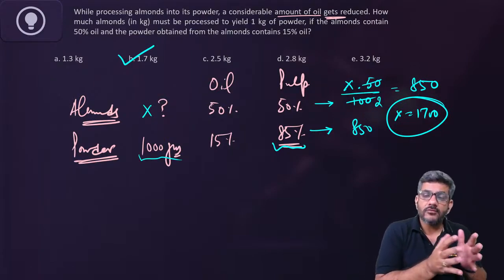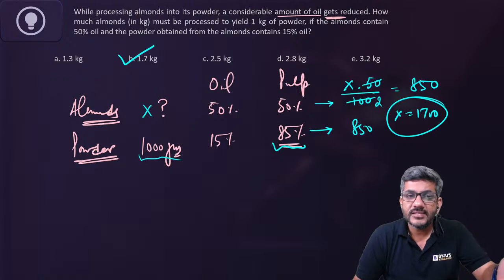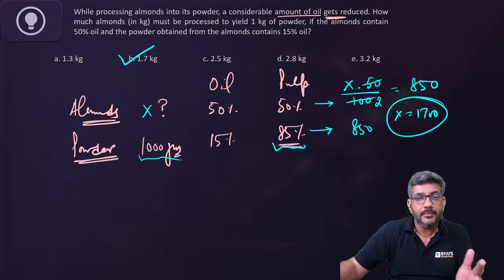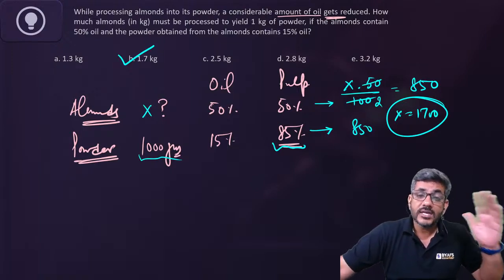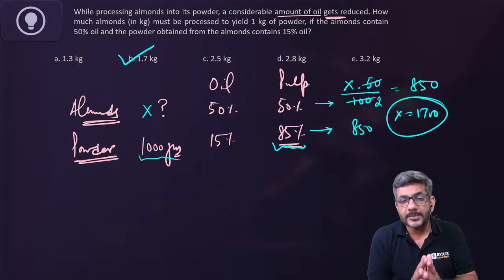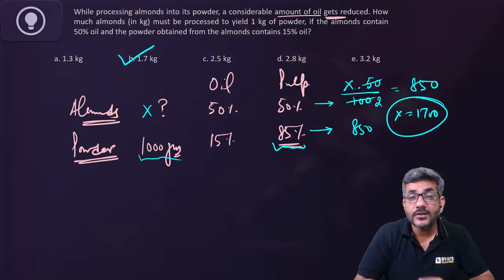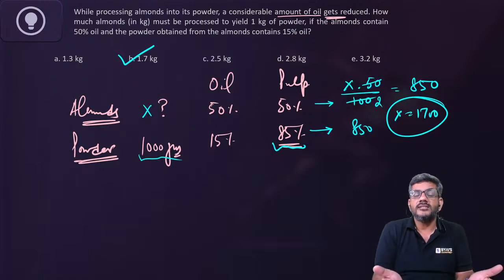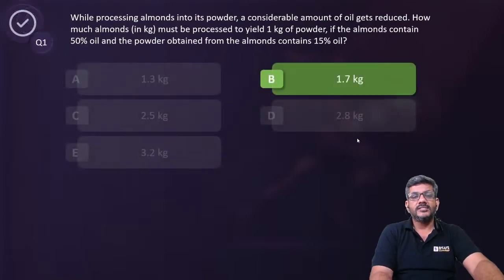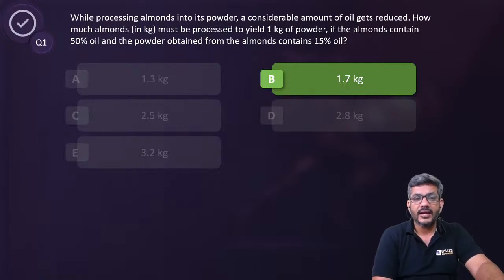In the total almonds, I have oil as well as non-oil, right? Oil is being reduced now because when you process them, he says considerable amount of oil gets reduced. Oil तो चला गया, but जो non-oil चीज है, जो pulp है मेरे पास, that is not changing. So whatever it was, it would remain the same. So if currently in 1000 grams I have 85% pulp, that is 850 grams. इसका मतलब pulp तो पहले भी 850 था, but that 850 was 50% of the total almonds. So whose 50% is equal to 850? The answer is 1700 grams or 1.7 kg. So B option is the right answer for this question number 1. I'm sure you all got the answer correct now. You all have understood this.